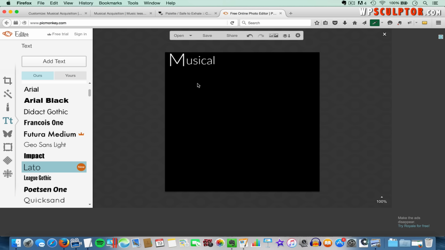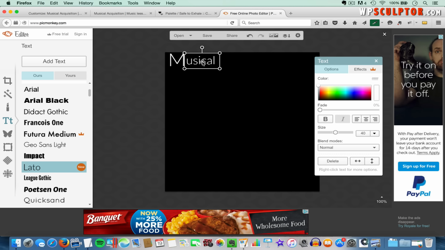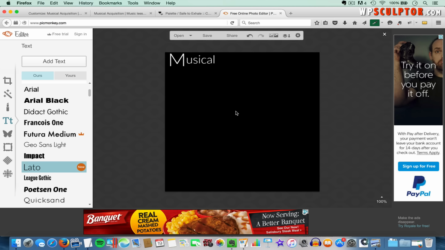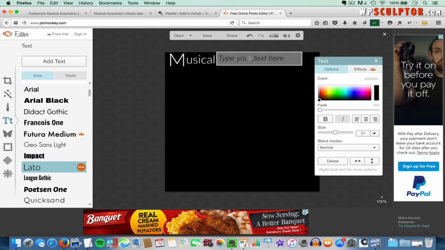And then I can click outside of the text box and have a pretty good look at it. And it looks like I want to move the smaller part of musical up a little bit, so I can select it and use the arrows on my keyboard to fine-tune the spacing. Click out, that looks pretty good. And now I'm going to click on Add Text again. Click, hold, and drag that up, and I'm going to click within the text box and type in letter A,